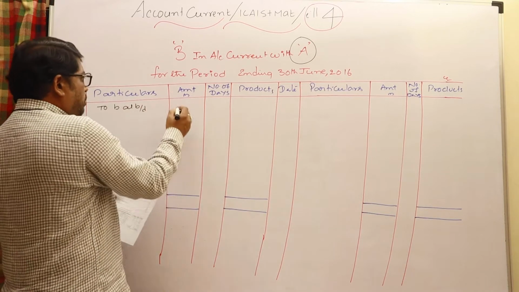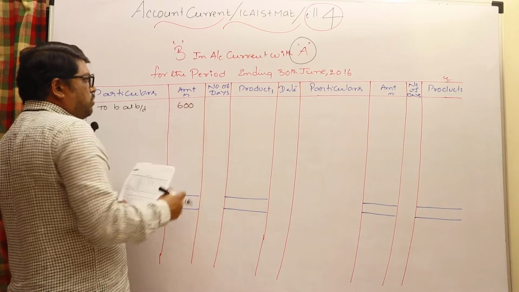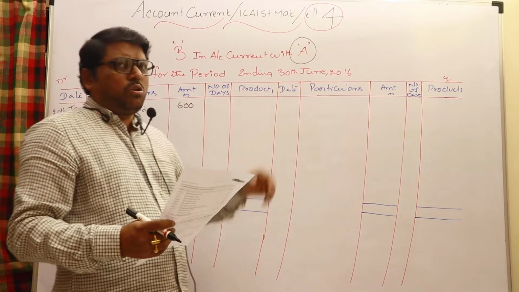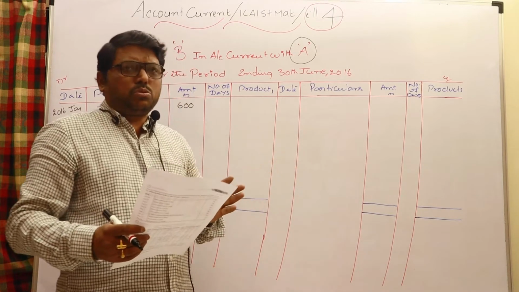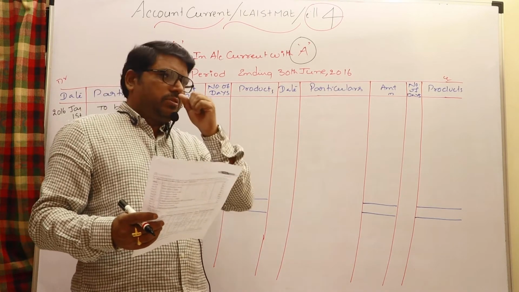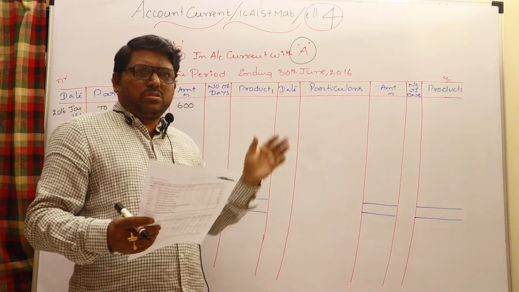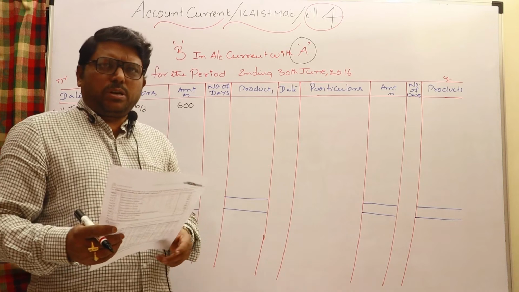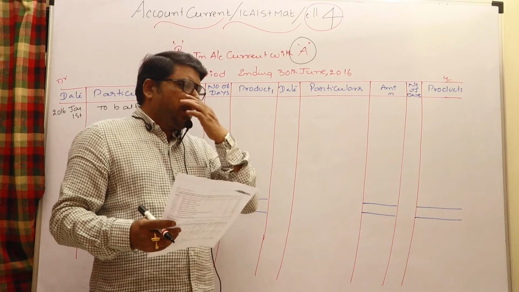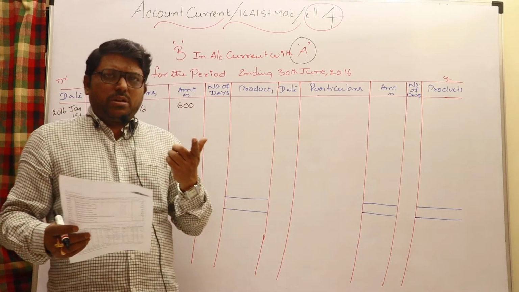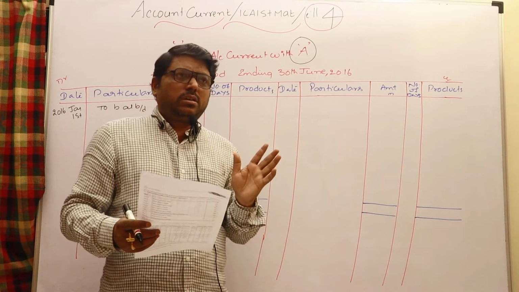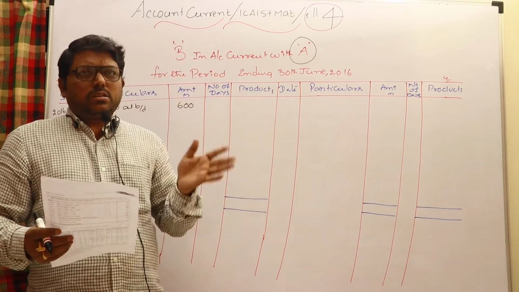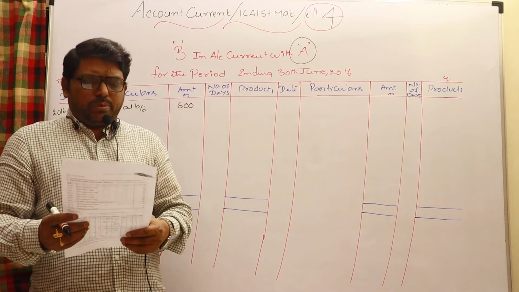Amount is 600 rupees. I did not take a due date column here because almost everywhere the transaction date itself is the due date, and therefore the due date column is not separately taken. You may take a separate due date column also. We know very well, unless a separate due date is given, the transaction date itself is the due date. If a separate due date is given, that separate due date is to be considered.